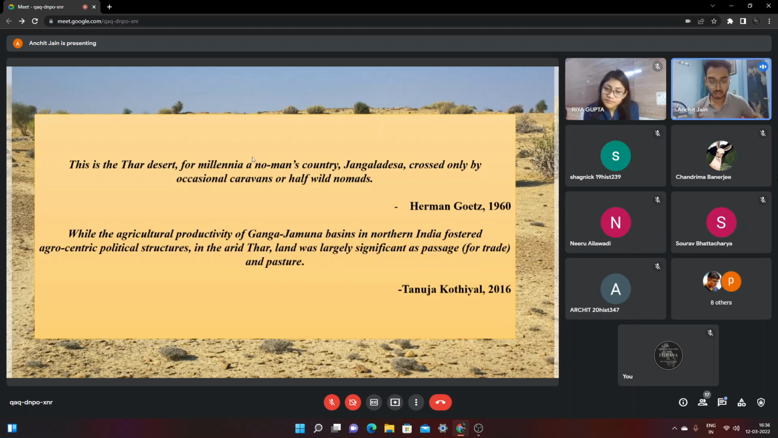And these revisionist scholars have shown that such a narrative emerges largely from an outsider perspective who fail to see this desert from the perspectives of human beings living there. So these quite few revisionist works use the medieval and late medieval state chronicles to freshly represent the region of Thar as an active and vibrant